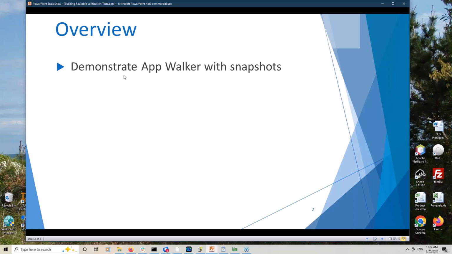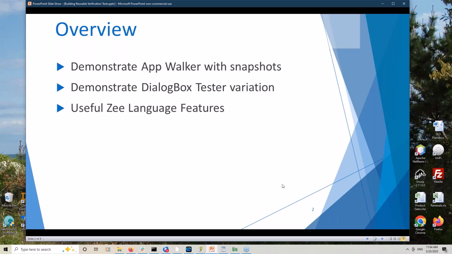But I'm going to just demonstrate what I call an app walker. And I'm going to have the app walker run through my target application taking snapshots. I'm also going to demonstrate what I'm calling a dialog box tester, which is kind of a variation of this app walker. And again, I'm doing this in part because I want to bring out some very useful Z language